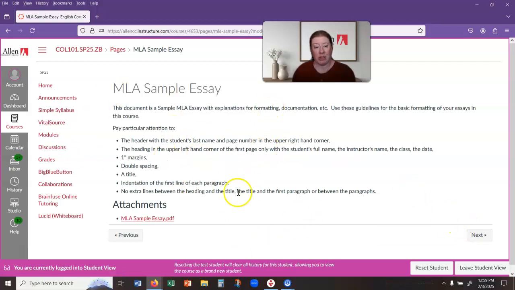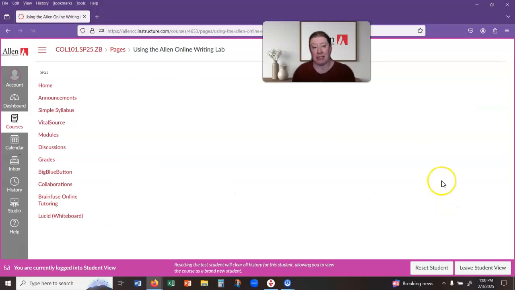And then I've got more information on formatting with MLA. You are expected to format all of your essays with MLA. The formatting is different from the documentation. The formatting is how it looks on the page when you bring up your Word document. And so make sure that you're following that. And this PDF is really helpful for that as well. And so if you have questions, you can always let me know, but that's expected of you.